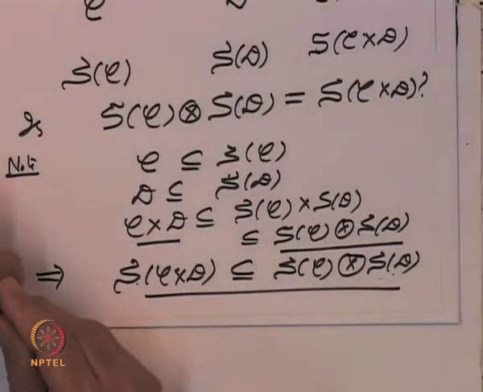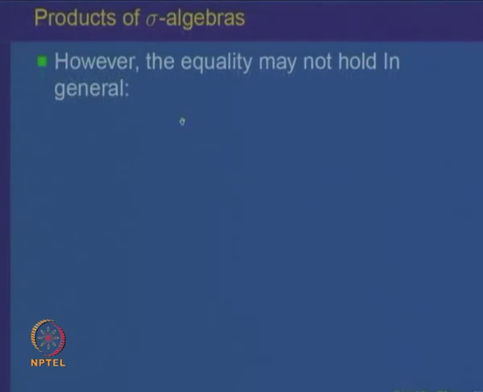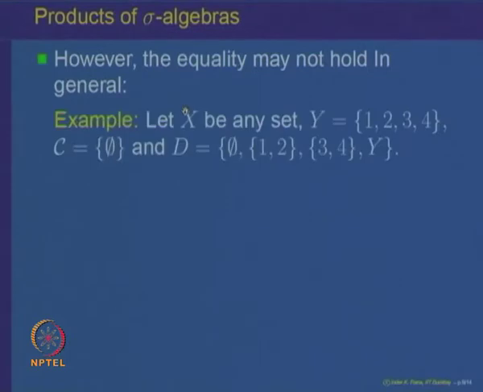So, the question is whether the other way around equality is true, and we will show by an example that in general the equality the other way around may not hold, namely that S of C times S of D may not be a subset of S of C cross D. For that, a simple example works. Let us take X to be any set and Y to be the set consisting of 4 elements 1, 2, 3 and 4. Let us look at C, the collection which consists of just the empty set, and the collection D